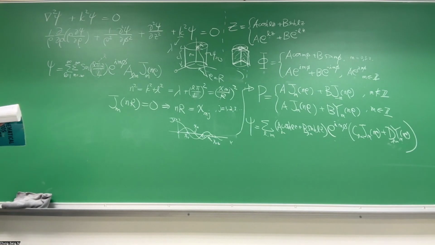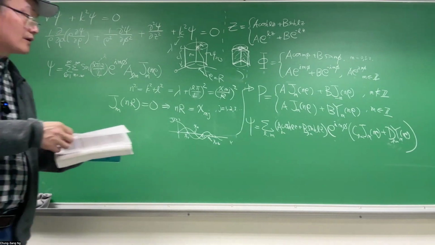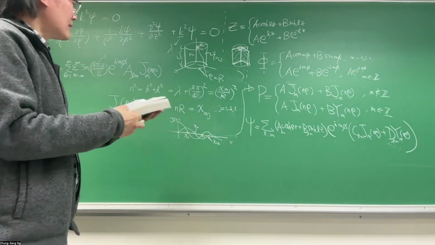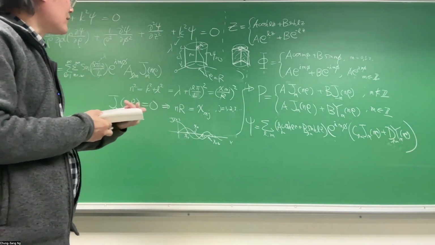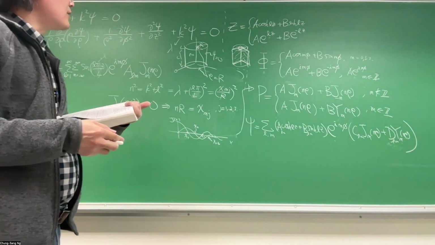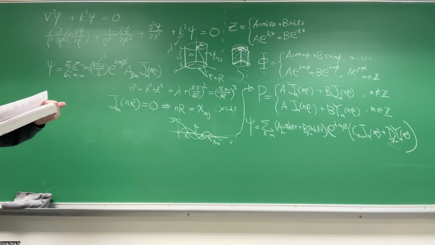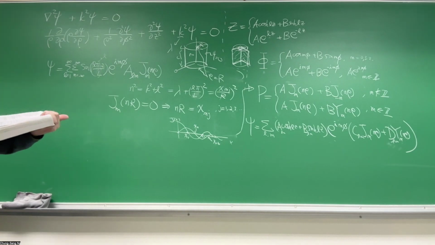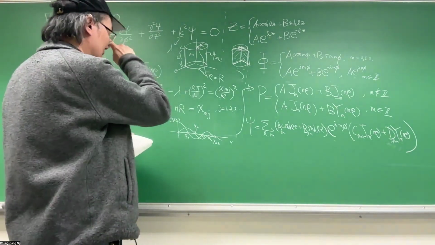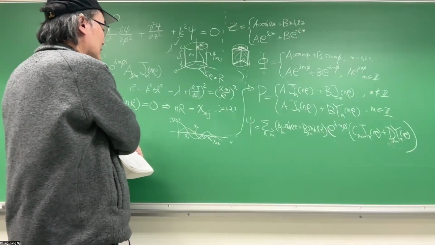So that would be the general solution. But generally, you have all these eigenvalues, and you can choose the smallest. I think the problem asks you to choose the lowest, smallest eigenvalue, which obviously in this case is,